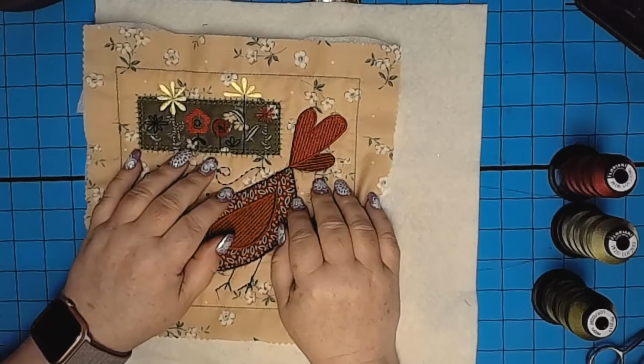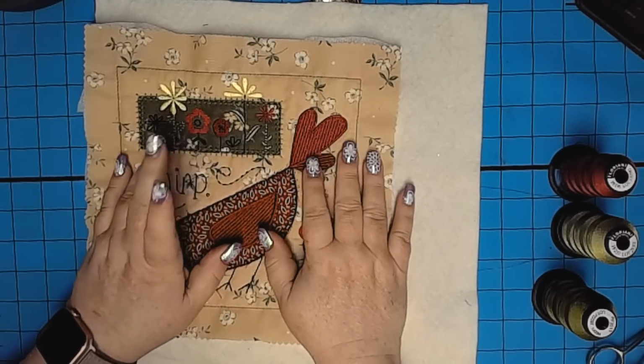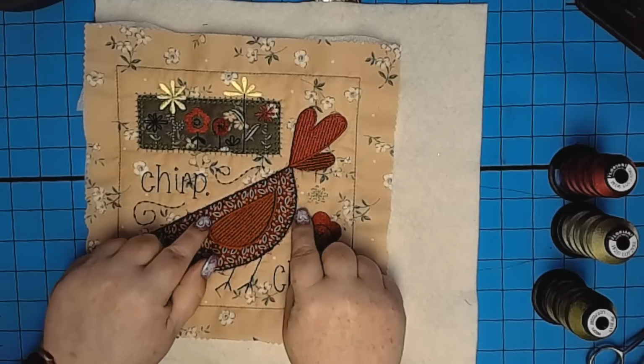My name is Sue and I'm from OML Embroidery, and today we're going to be doing block 2 of this